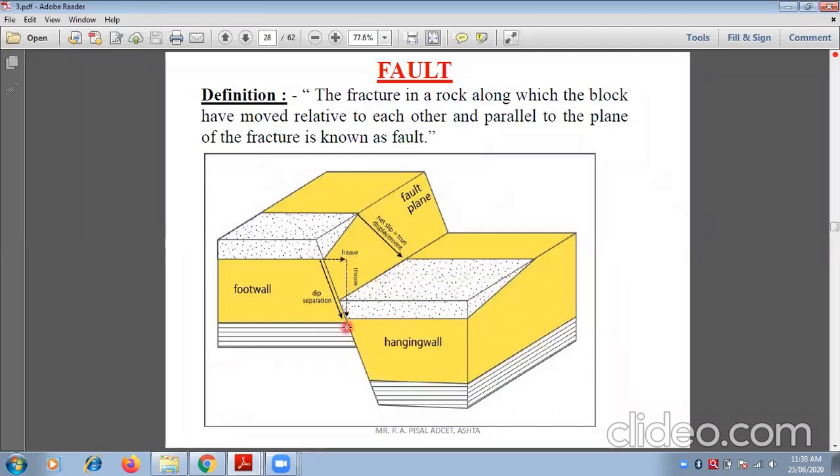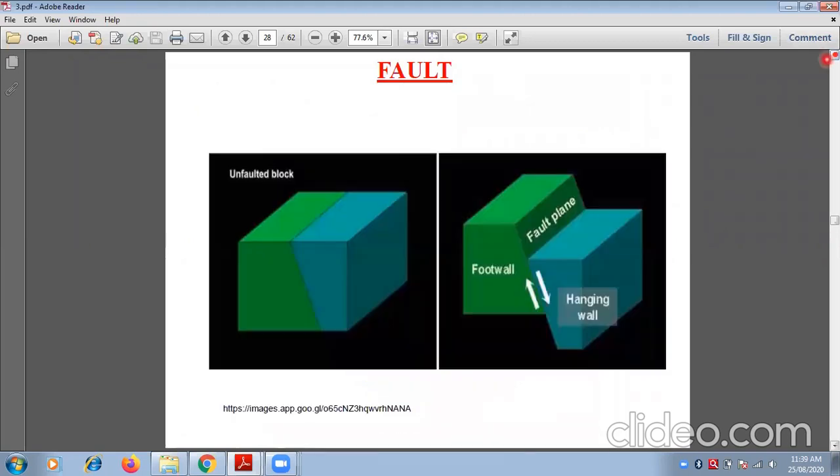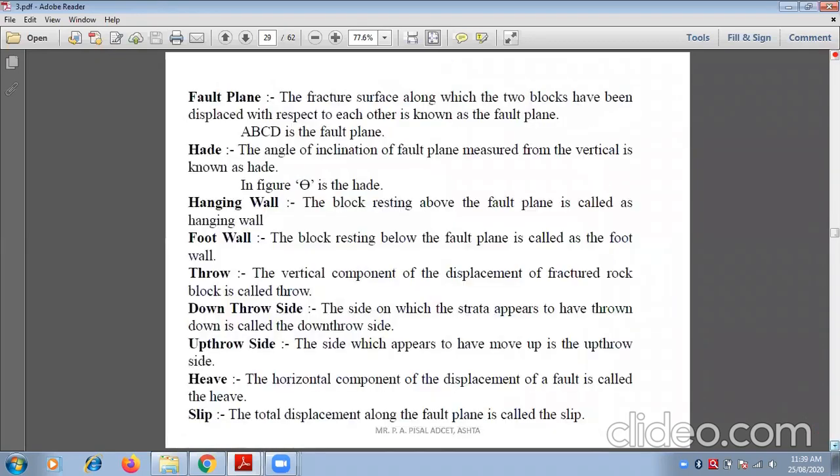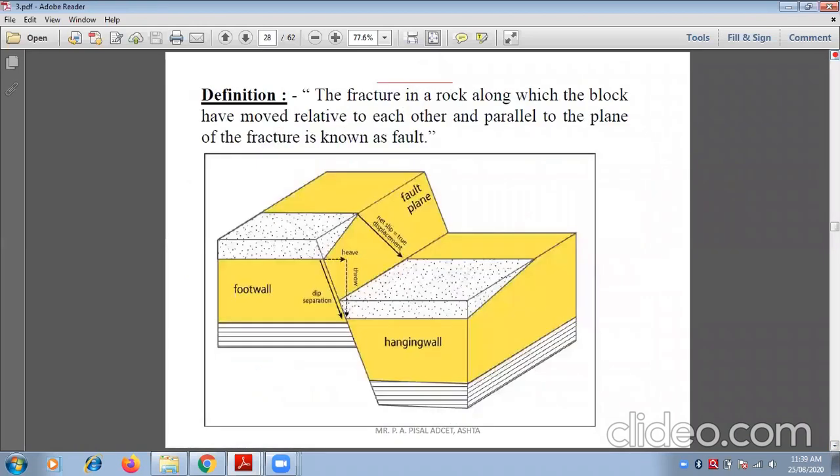Okay, now there is another term which is very important, that is the head. Now head is an angle of the faulting. Okay, now when you look here, just a minute, I will show you that angle of the faulting. Now this angle of the faulting is considered as a head angle. Okay, now this angle is variable.